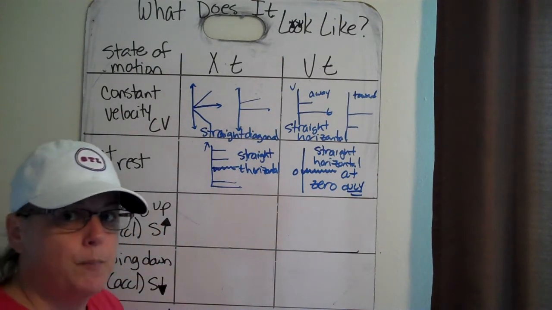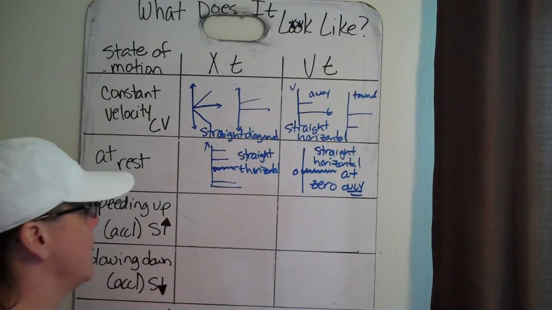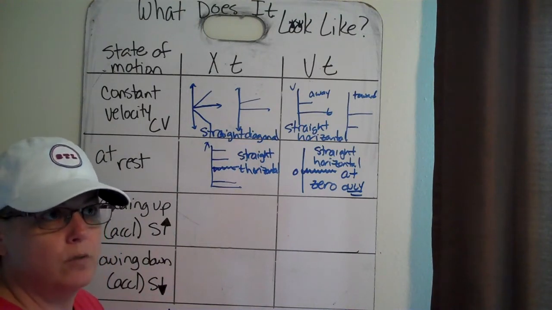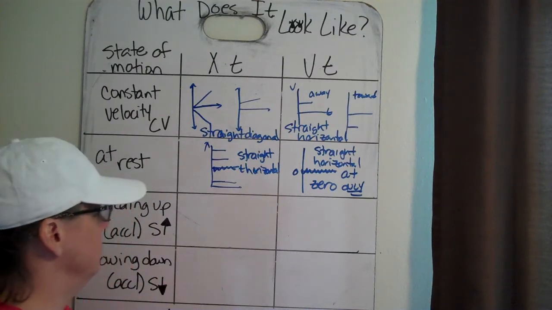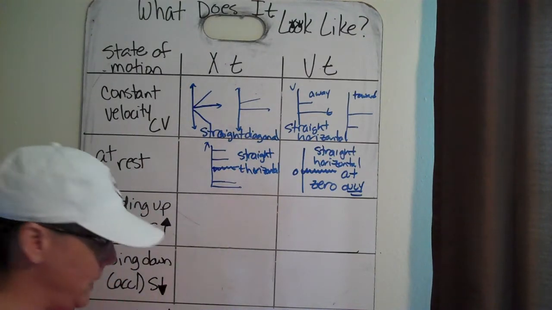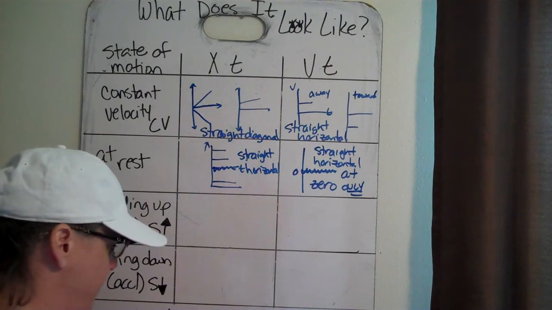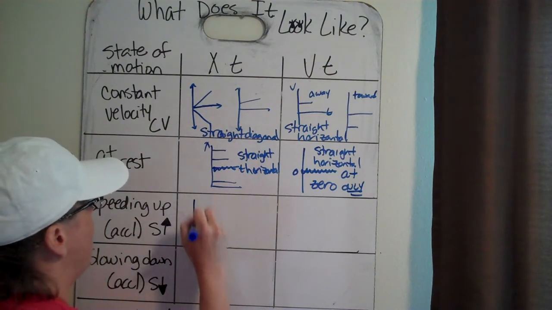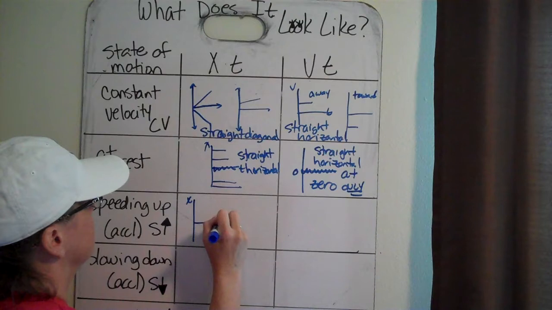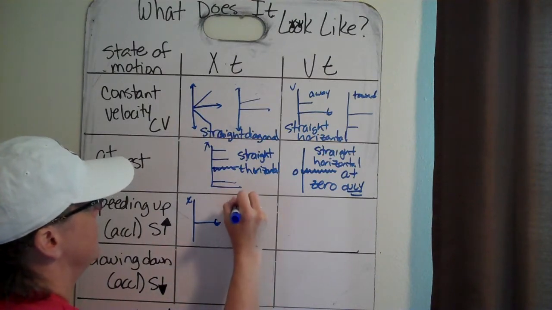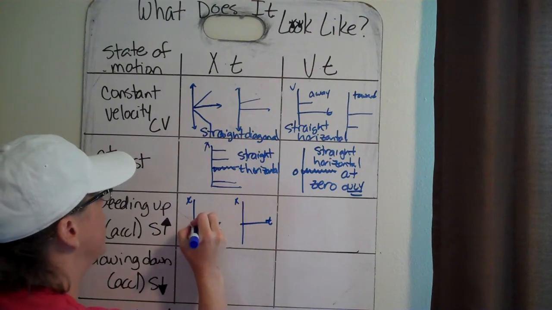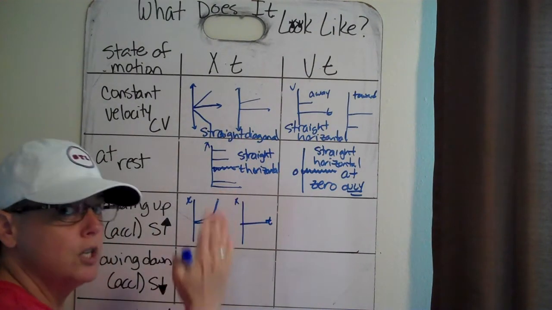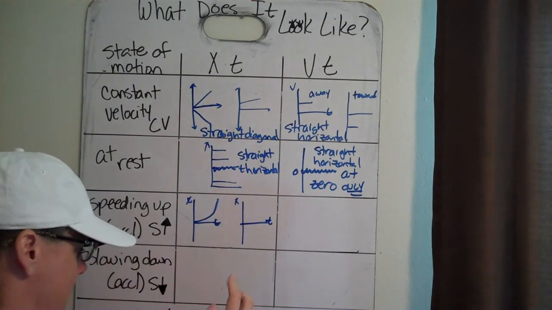If we have an object that's speeding up, and I'm going to refer you to Physics Classroom Lesson 3, parts A through C, which you've already read, but if an object is speeding up on a position time graph, I'm going to do two versions here, then what we have is an object that has an actual curve to it, and in that curve